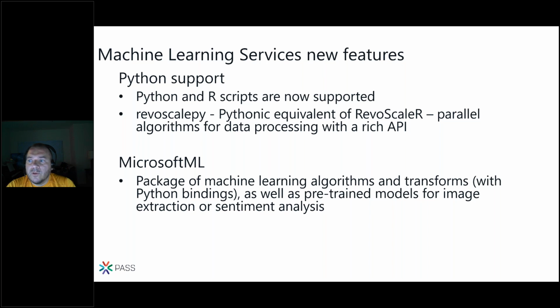We have the RevoScalePy runtime, which is equivalent to RevoScaleR. Essentially, what it means is that when you run Python scripts and Python-based machine learning models on SQL Server 2017, we can fully parallelize the algorithms and leverage all the cores available on that operating system.